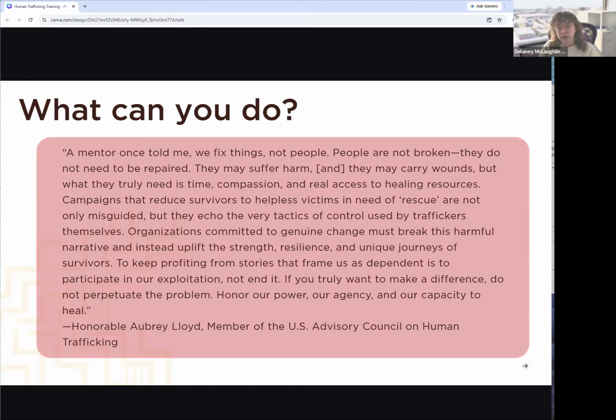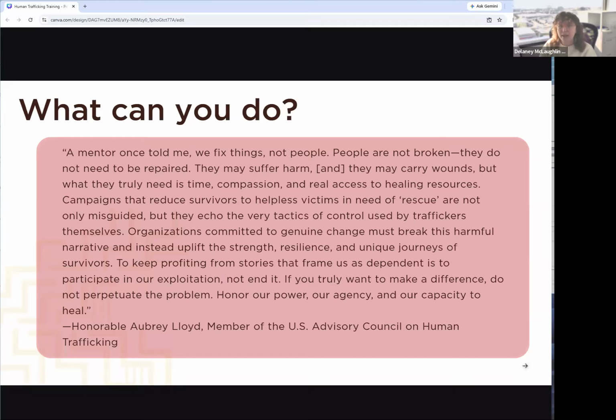Campaigns that reduce survivors to helpless victims in need of rescue are not only misguided, but also echo the very tactics of control used by traffickers themselves. Organizations committed to genuine change must break this harmful narrative and instead uplift the strength, resilience, and unique journeys of survivors. To keep profiting from stories that frame us as dependent is to participate in our exploitation, not end it. If you truly want to make a difference, do not perpetuate the problem, honor the power, our agency, and the